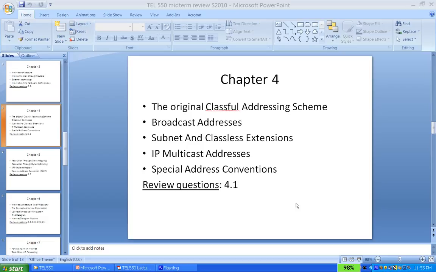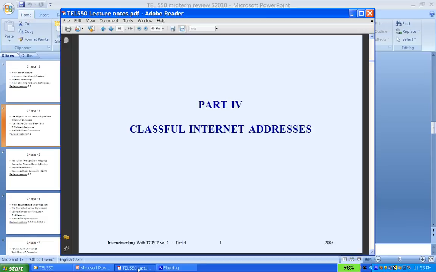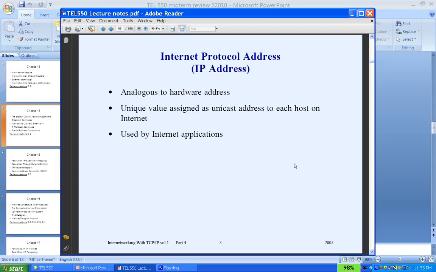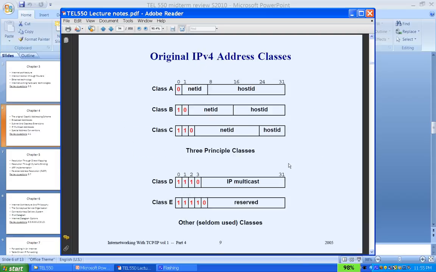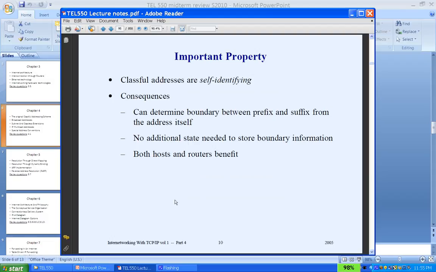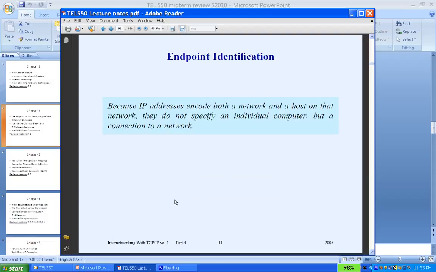In Chapter 4, we talk about the classful addressing scheme. In this chapter, we need to understand we have class A, B, C, D, and E, these different classes of addresses in IPv4. What we need to focus on here is IPv4. And we need to understand the function of each type of